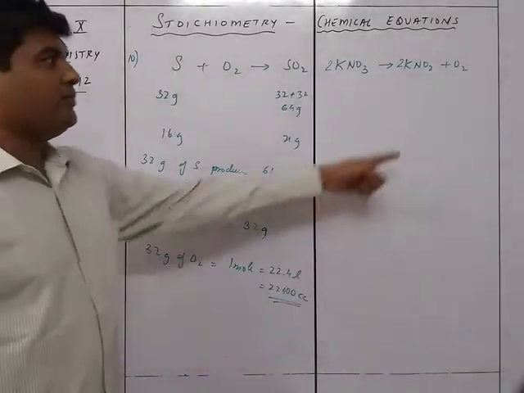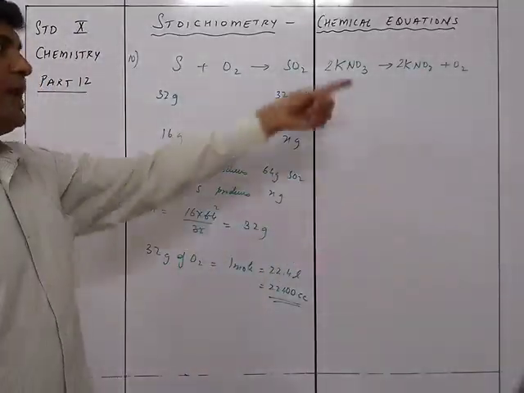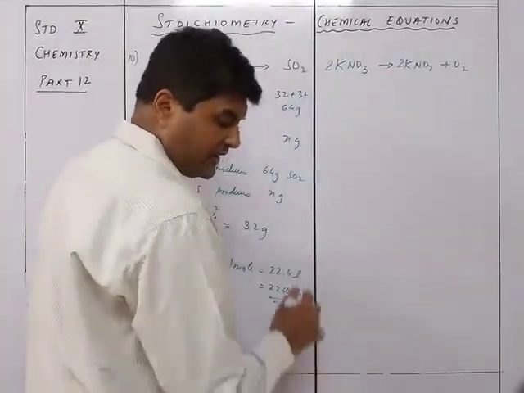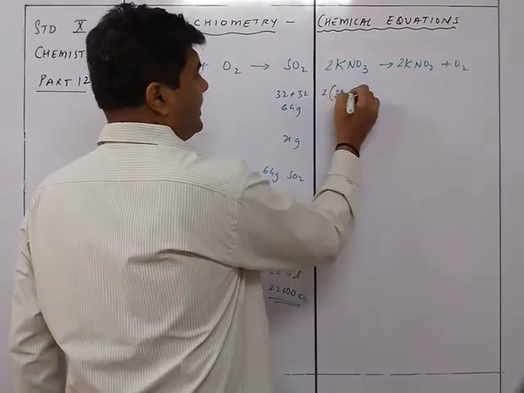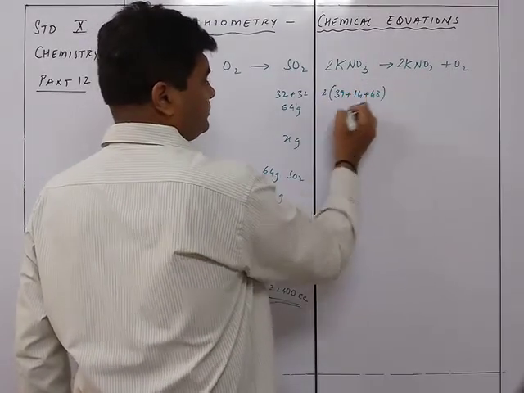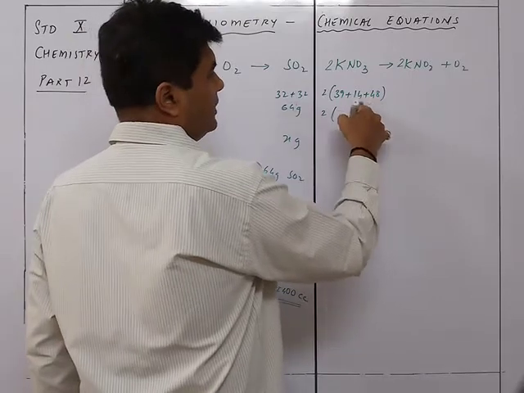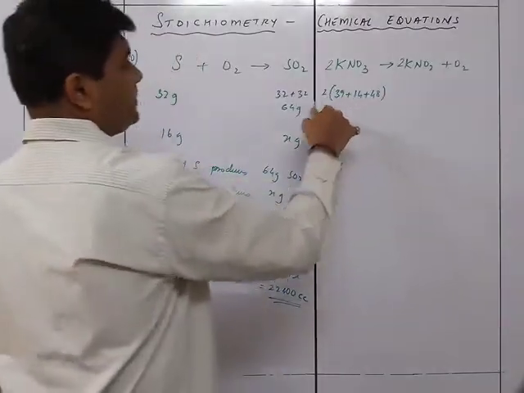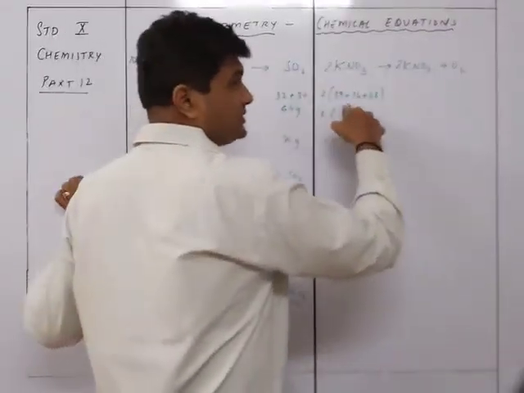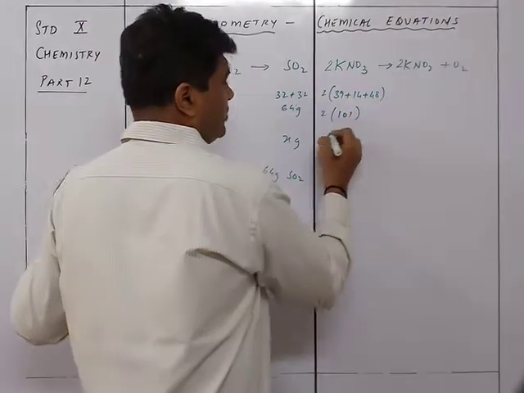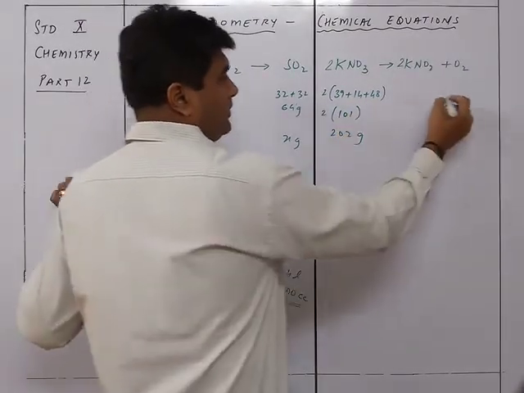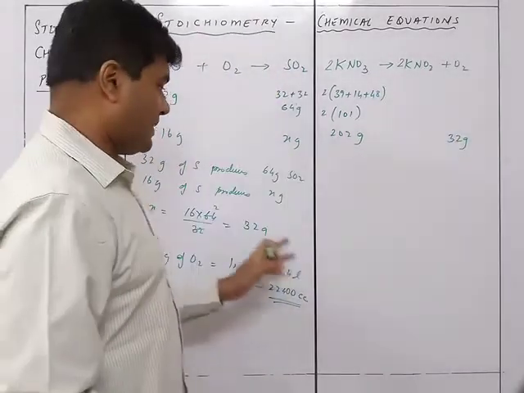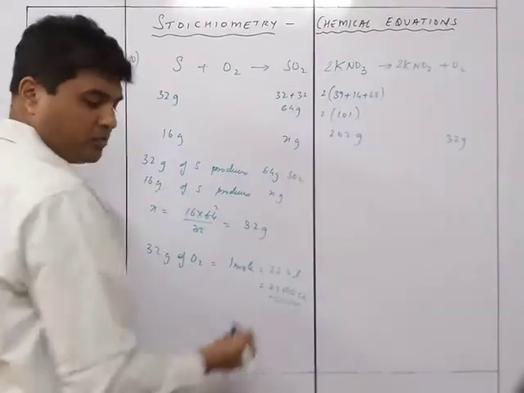This much cc you want over here. So accordingly we want 32 grams over here also. So KNO3 will be, K is 39, so it will be 2 into 39 plus 14 plus 48. So that is 62, 62 plus 9 is 71, 71 plus 3 is 101. So 101. So that will be 202 grams will over here produce 32 grams. So anyway you wanted 32 grams over here also. So exactly 202 grams will be required.